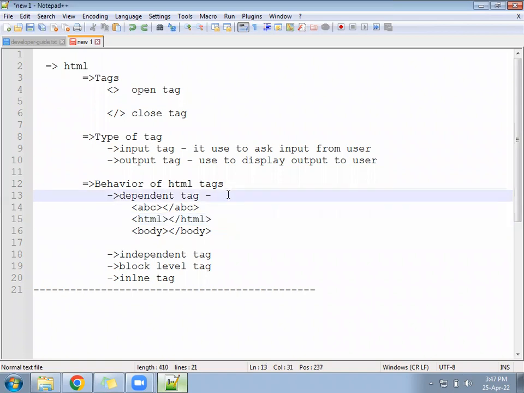So you can write a short line definition. What can you write? Those tags that have open and close, that is called a dependent tag. Okay, another line,